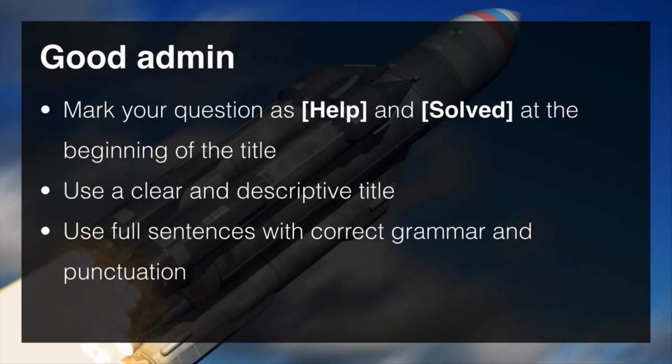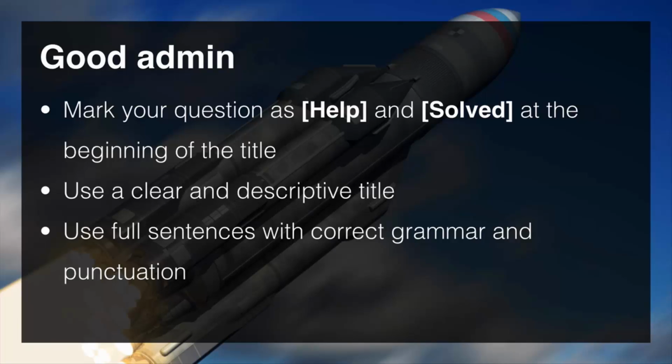So always mark your question with help or solved at the beginning of the title if you have no other way of showing that a question has been solved. So for example, if you go to a specific question and answer forum like Stack Overflow, you'll find that they have mechanisms in place to show that a question has been answered or not. We don't in our forums on Unity, and many other forums don't. So it's always useful to add in at the beginning of the title of your question to make sure that you say help or solved